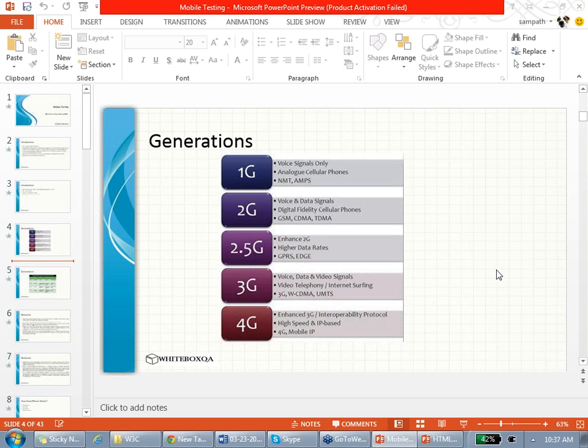Okay, the next thing. So 2G was all about that. Some carriers took CDMA, some carriers took GSM, some carriers took GSM plus TDMA, a combination of these technologies. And recently the network speeds are increasing. Remember, network speeds are increasing. So most people are moving to WCDMA rather than GSM because it is higher bandwidth. You can use high bandwidth using that. Okay. Later, there is 2.5G.